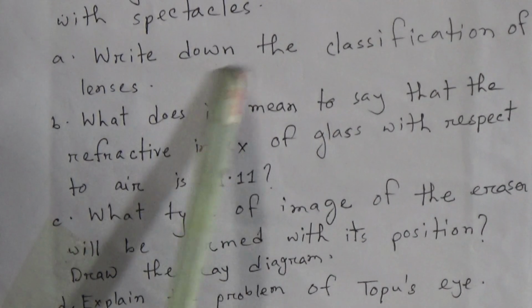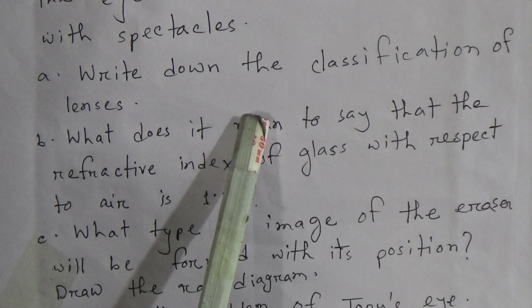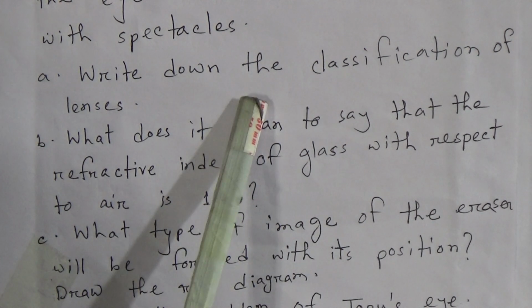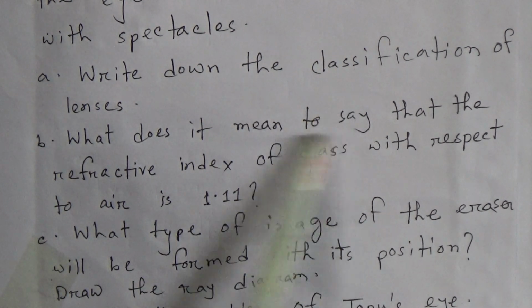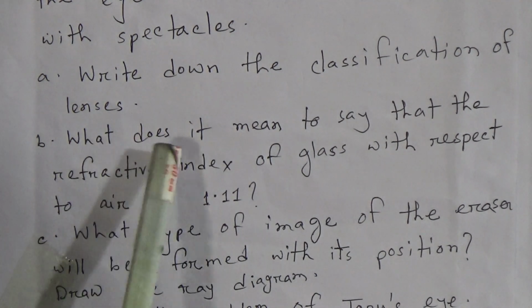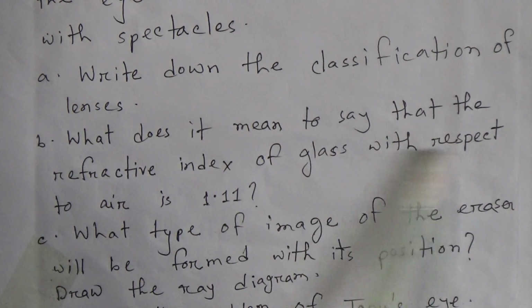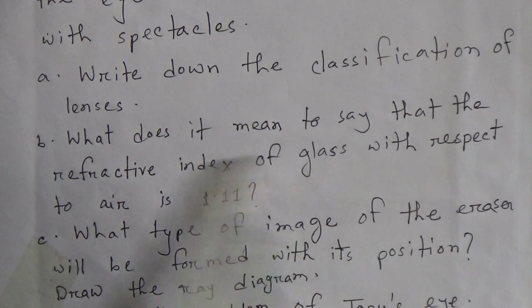Classification of lenses: we know there are two types of lens, concave lens and convex lens. Okay, and question number B, what does it mean to say the refractive index of glass with respect to air